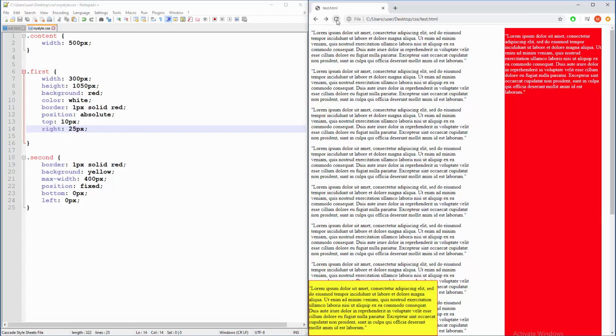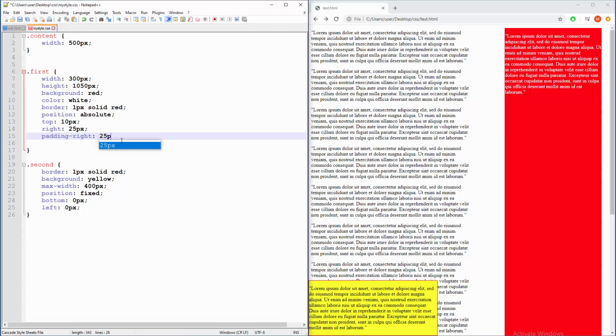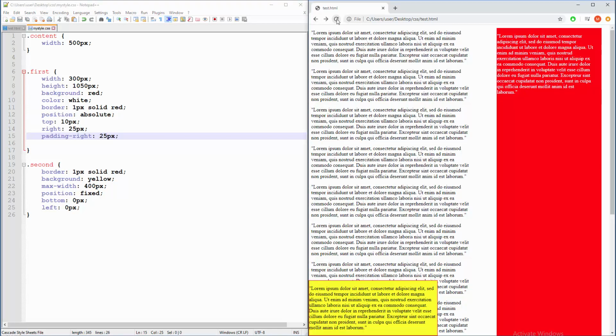See? There you go. And what about padding? Well, padding, when you say that from the right side, then we are just talking about internal text, and it will just push that text 25 pixels to the left side. Let me test that. There you go, guys. And what is happening with the size of that thing? Will that thing actually change size to more than 300? So if you say 50 pixels,